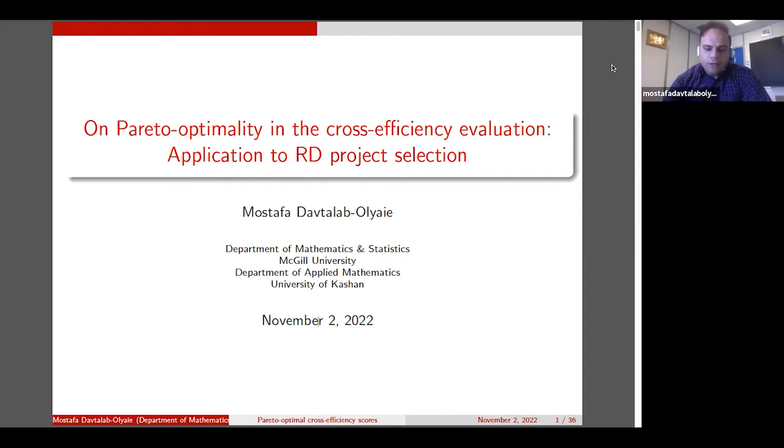Let me answer 3 questions right off the bat. Why, what, how? Why the cross-efficiency is important? What is the gap in the literature that I'm trying to fill, and how we fill it? So, why the cross-efficiency is important? Before I start talking about the importance of cross-efficiency evaluation,